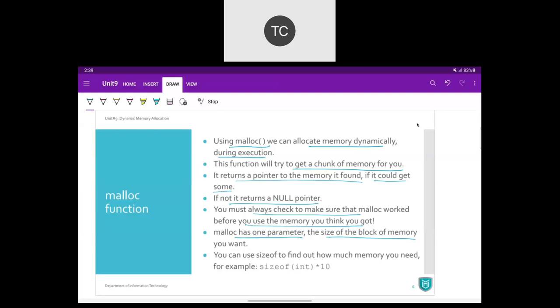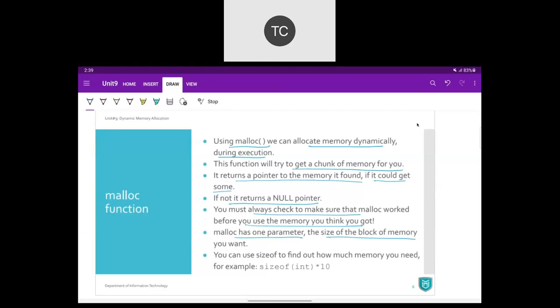So we can say malloc(10), then it is going to allocate 10 bytes to me. If I say malloc(50), then it is going to allocate 50 bytes of memory to me, and I'll receive the address of those 50 bytes, right? So it requires only one parameter, which is the size of the memory block.